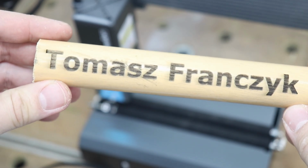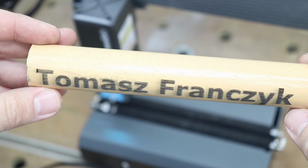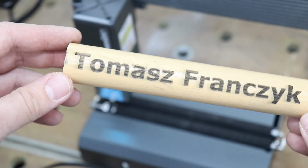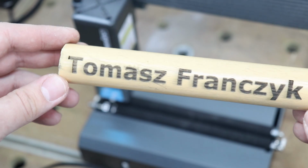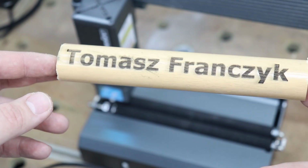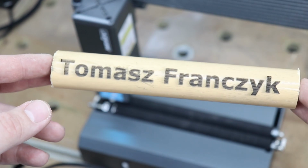Again, really nice effects. As you can see, it engraved this dowel I've got, really large dowel, without any issues. It came out really great. So if you've got any round objects you want to engrave, like mugs, thermal mugs, anything like that, this